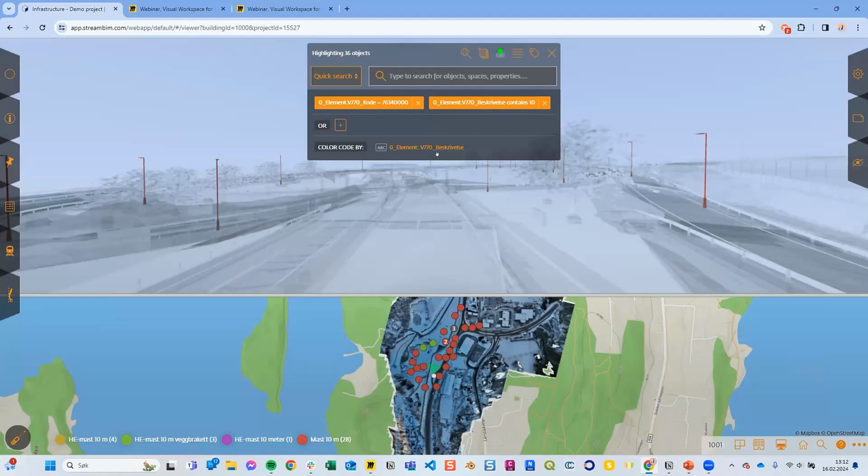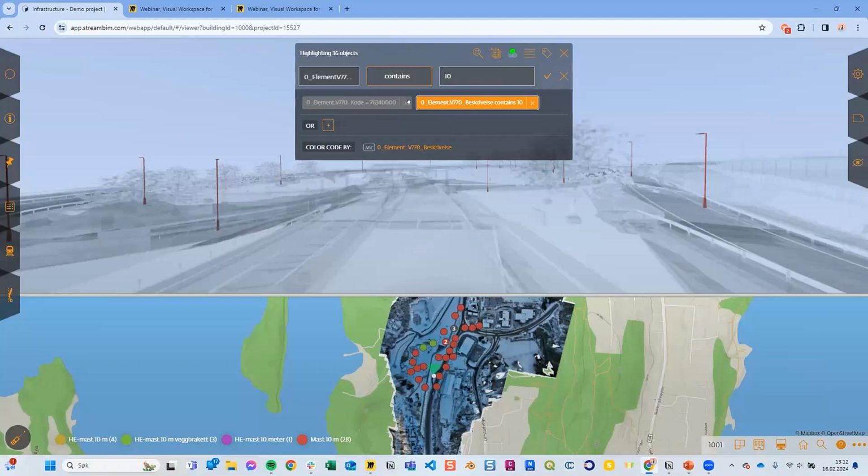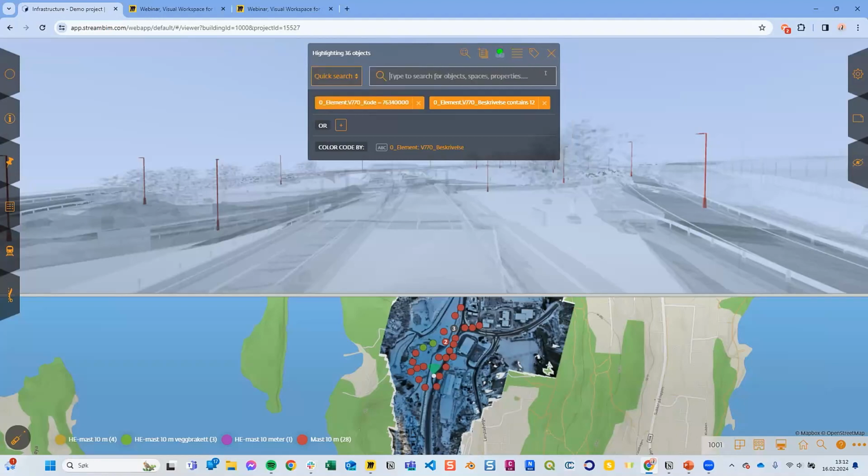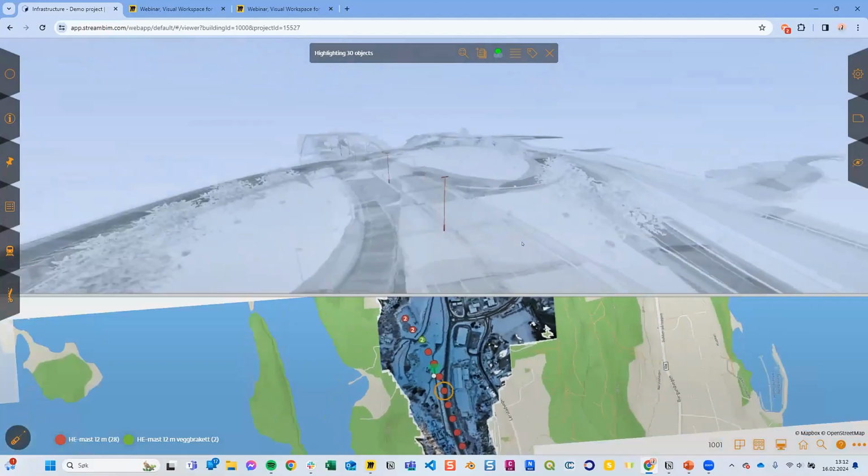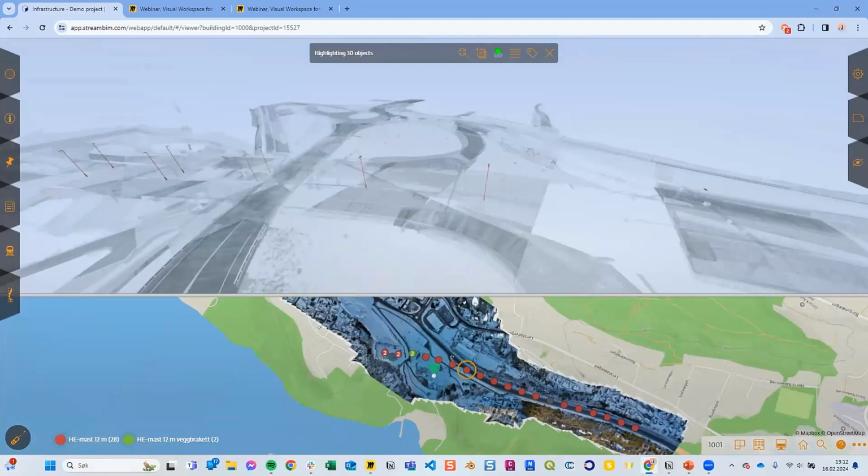Now I want to do the same thing with the 12-meter poles. I just go back into this filter, change from 10 to 12, accept, and you see there's 30 objects marked with that value. You can see them all along the road here.